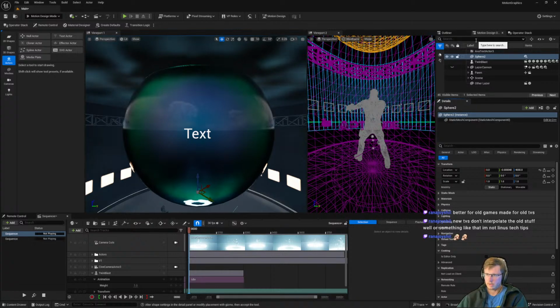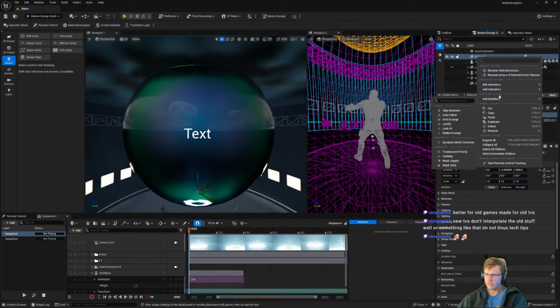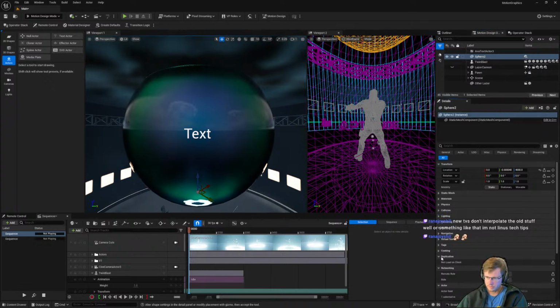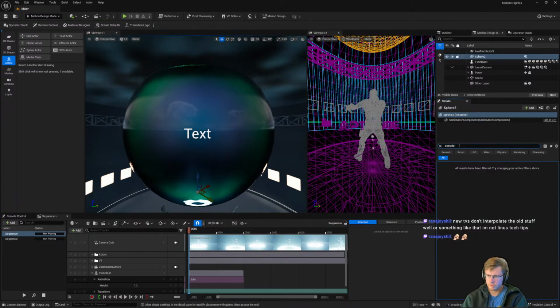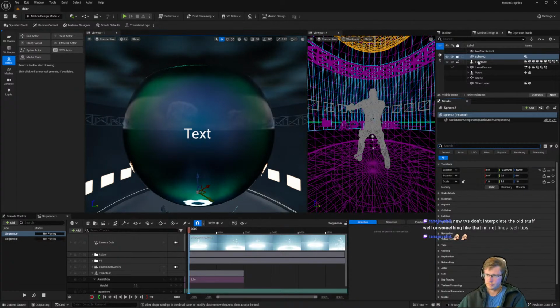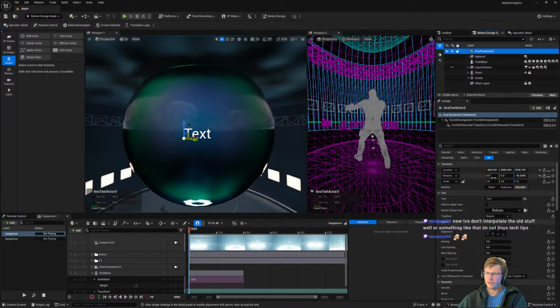Or not. Okay, so you got to go up to here, or you could right click, add modifiers. No, it does come preloaded with extrusion. Where is it? Extrude, extrude, extrude. Oh, because I'm on the sphere. Okay.